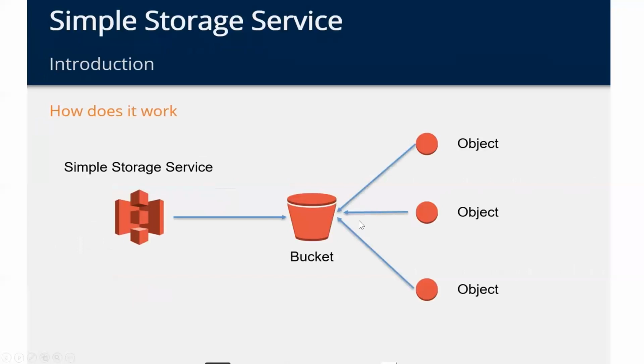Okay, how does the simple storage service, the S3 bucket, work? In the simple storage service, there is something called a bucket. Think of a bucket as a computer folder. There we have object 1, object 2, object 3, like keeping multiple pictures or files in a folder. In the bucket also, we keep objects. Instead of files, we call everything an object. Objects are stored in a bucket in the simple storage service.